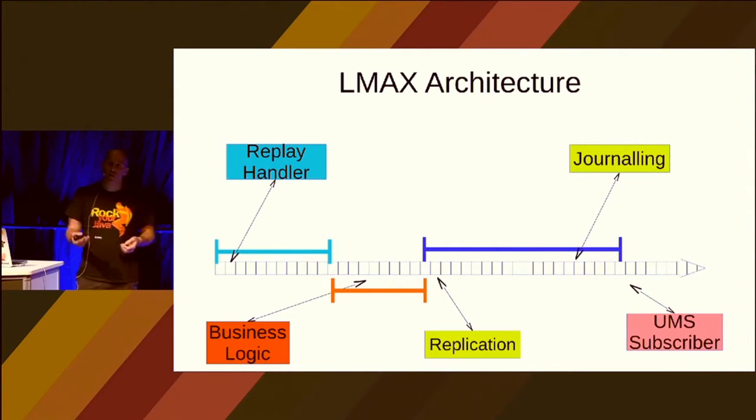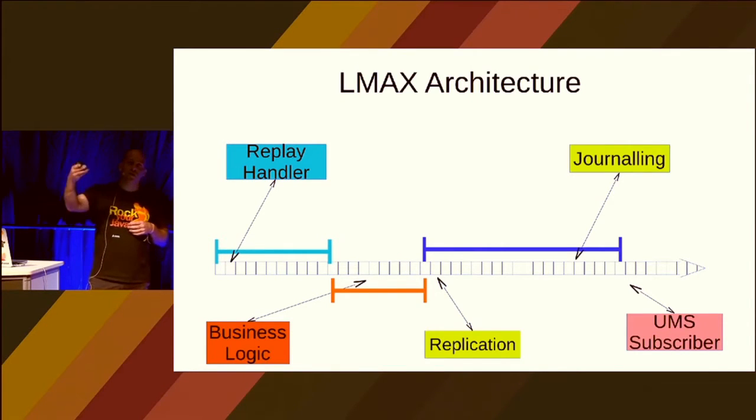If you think about doing this with queues, this is where queues become insufficient as synchronization mechanisms. I want to do some work, and then I want someone downstream to see the work, and they would have to merge streams from two streams upstream. It becomes really complicated. Or if not complicated, at least it's not something that queues do out of the box for you. The disruptor covers that really neatly. Once we're done with replicating and journaling, we move on to the business logic, and once we're done with the business logic,